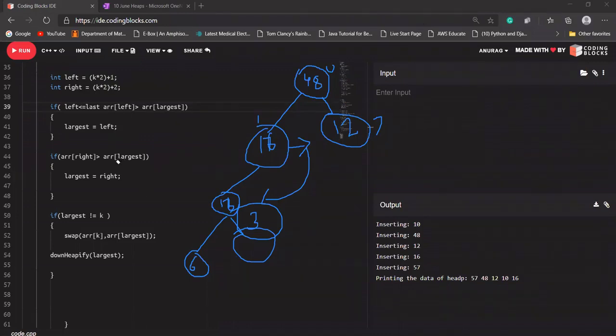What I was doing, where I was. Okay, so left should be less than or equal to last. If it is greater than last, it should not run, meaning this loop should not be satisfied. And right should also be